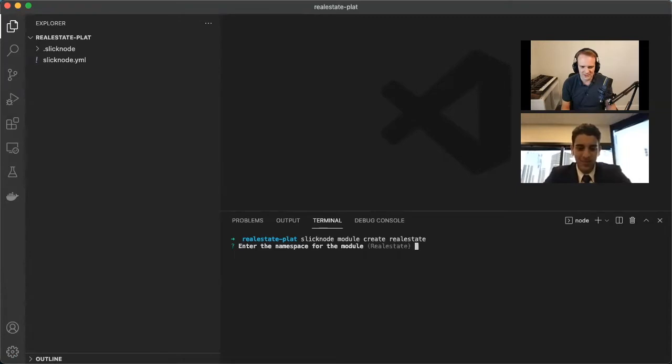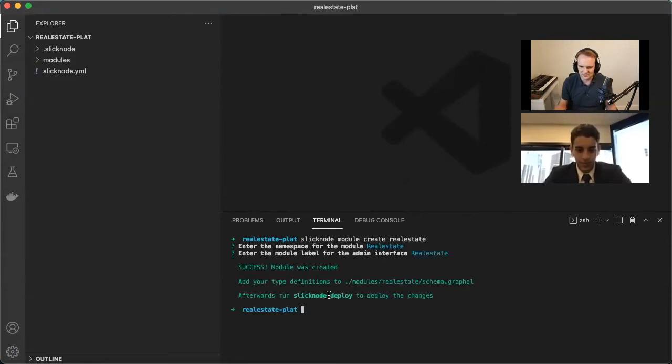So now it's going to create a module here, give it a namespace. So we call it real estate. Also, this is what's going to be called in the admin interface. And now we have our empty module here. And now let's see what kind of built-in modules we need. So it says Slicknode